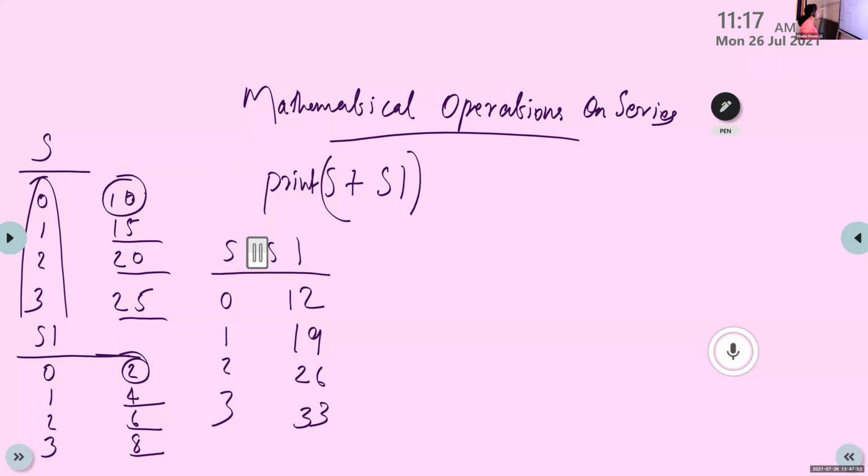S minus S1. Ashish, read the answer. Ashish, unmute and say.